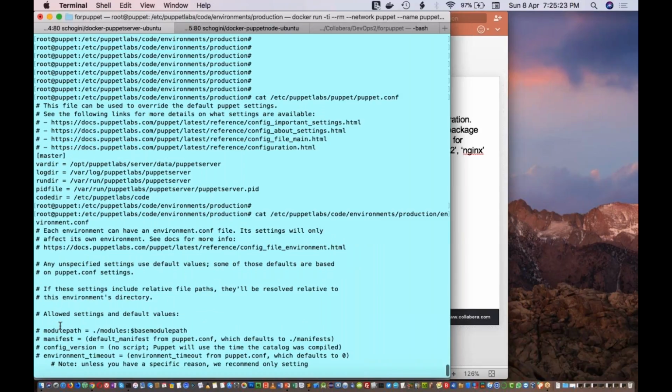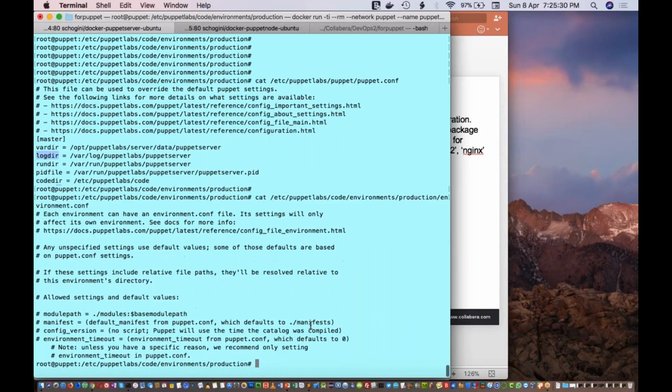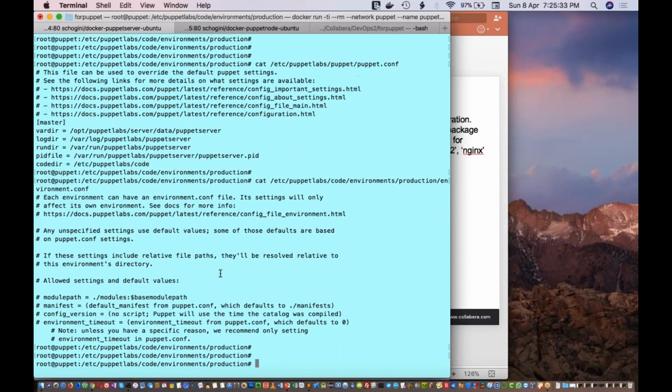You can add, say, log directory as something like /log/test, and those nodes inside that particular environment will use that path. Is it clear? Yes, exactly. So specific to the environment, you will be able to change the variables.